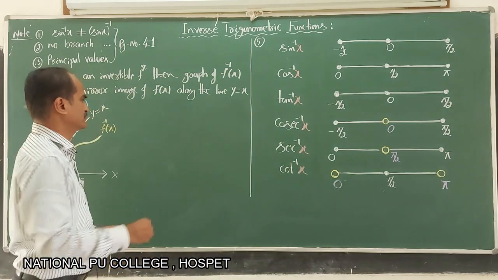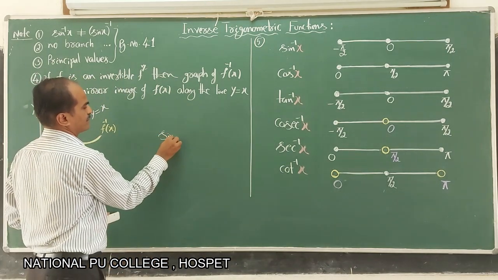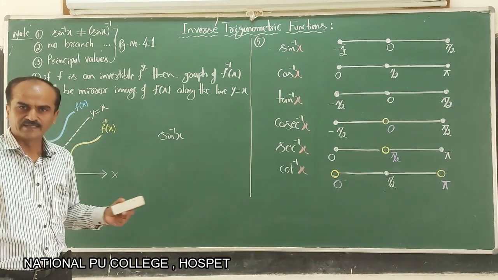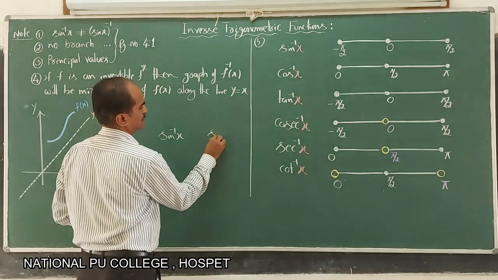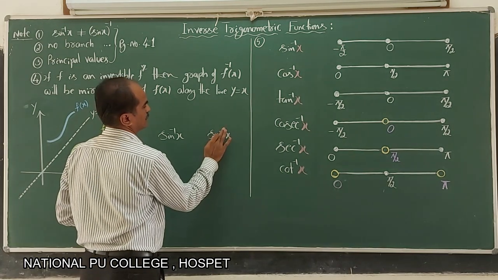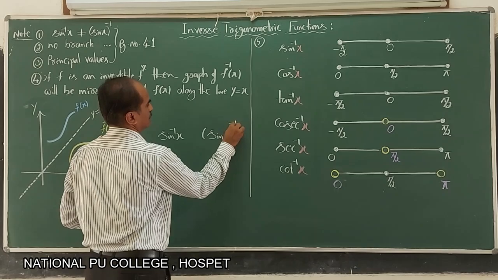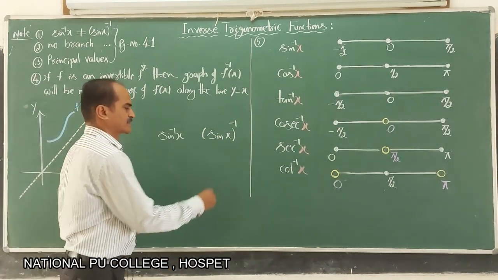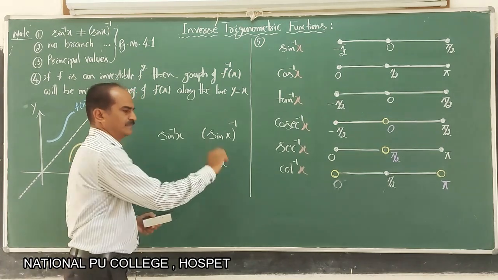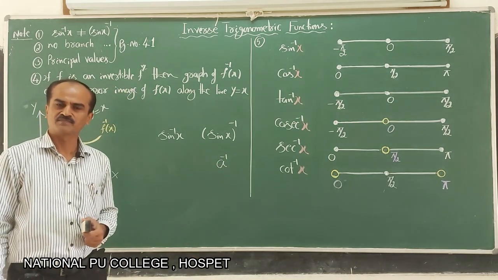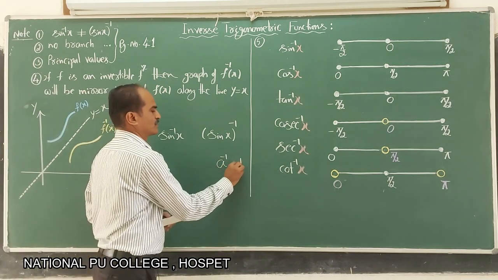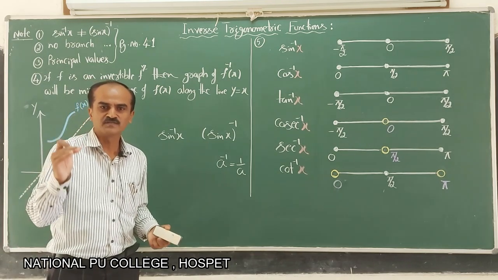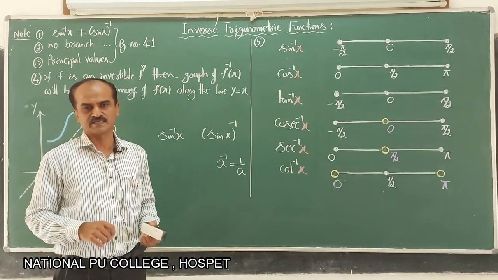whenever we write inverse of sine function, sine inverse of x, it does not mean sin x whole to the power of minus 1. Sin x whole to the power of minus 1 is as good as writing in algebra a to the power of minus 1. This is equal to 1 by a. What about sin x whole to the power of minus 1? It is 1 by sin x, nothing but it becomes cosecant x.